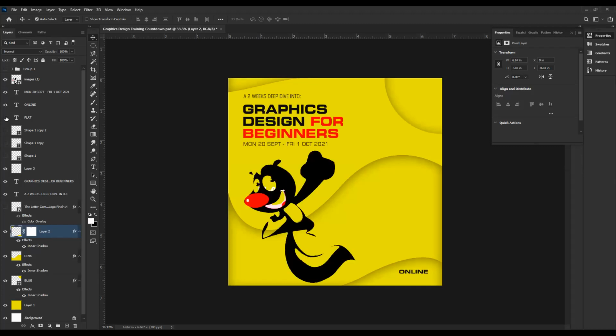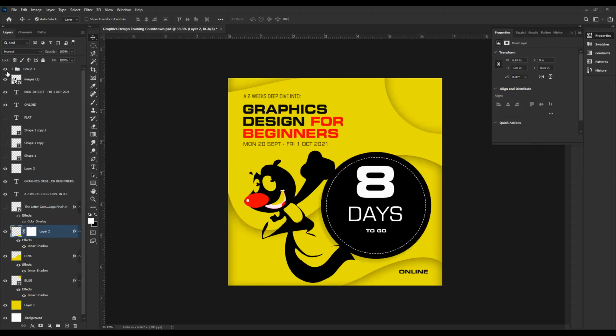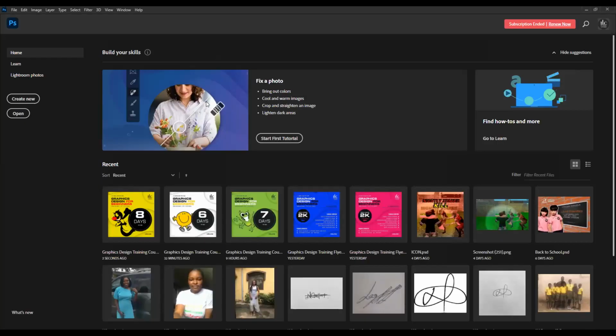Everything in Photoshop is layers. This is where people go crazy, thinking about how you're going to go through it, how you don't get lost in the layers. So today, let's do